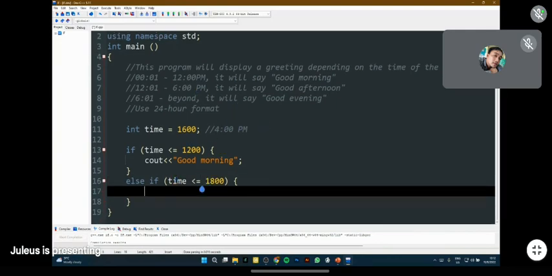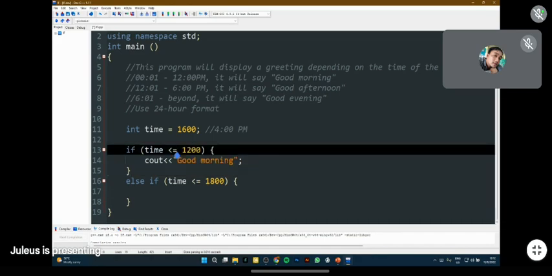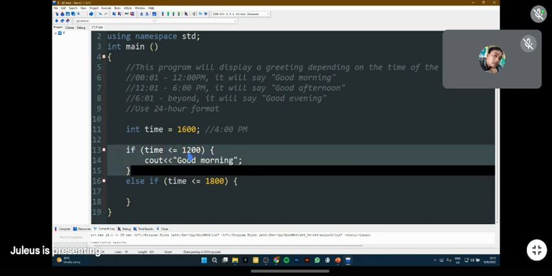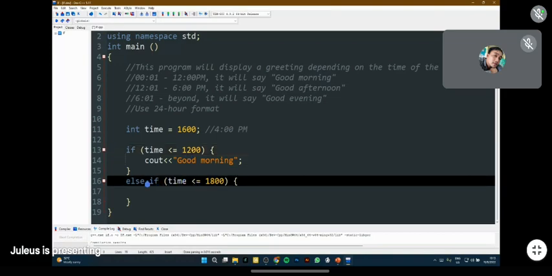So that means, for example, if we type 11:59, it's still less than or equal to 1800, right? However, it won't fall there, because the first condition already matched. So the first condition takes priority. Basically, the else if only works starting from 12:01 up until 6 p.m.